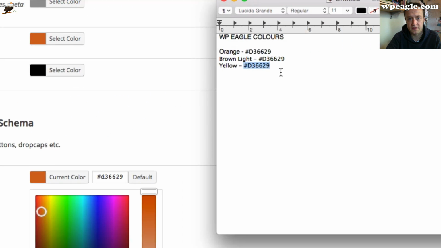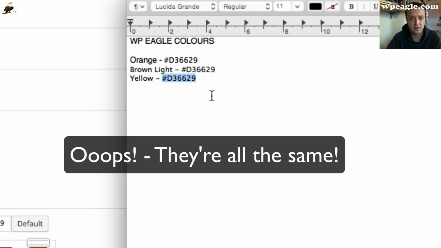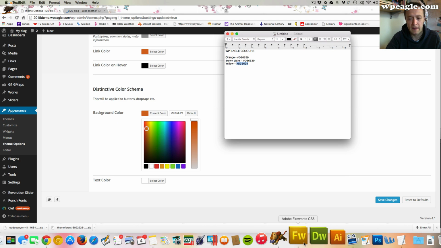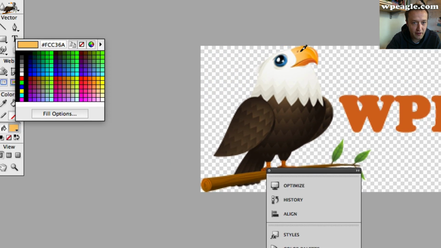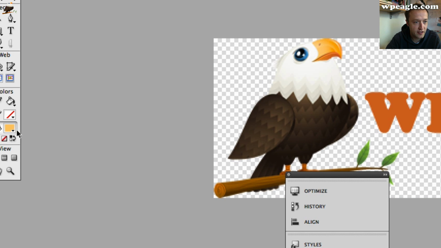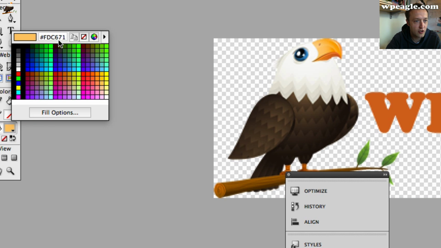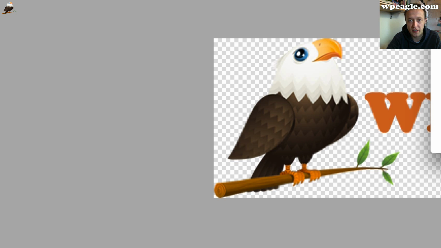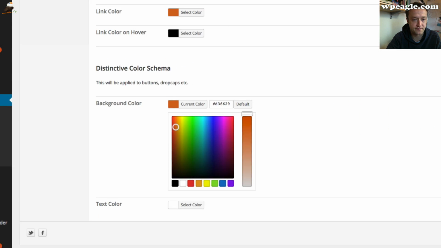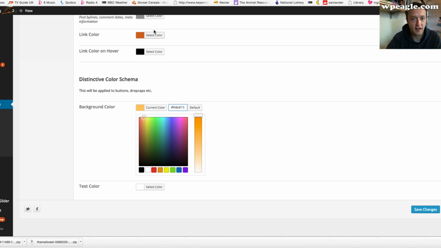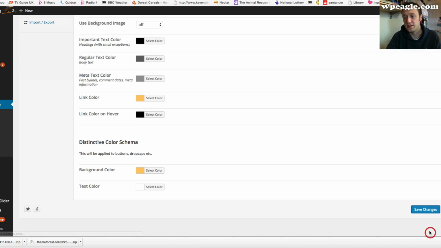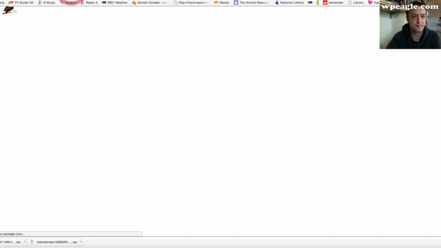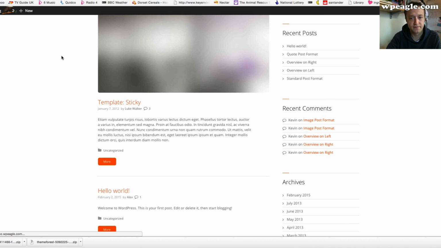That yellow is... my colours have gone wrong. This is how I get my colours. So as I said, I use the pipette tool within Fireworks, so I can get my logo and just say I want that yellow, and then I can copy this code here, which is actually FDC6M1. I must have noted these down wrong. Let's update that. That's more like it. So save changes. Then if we refresh again,